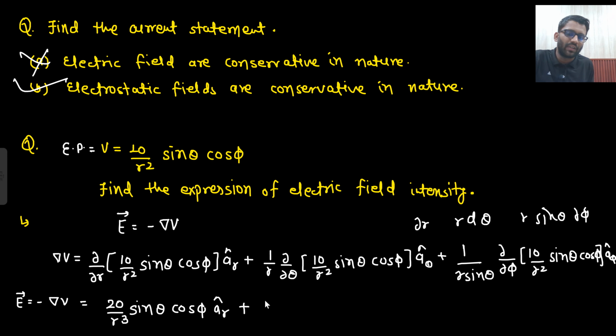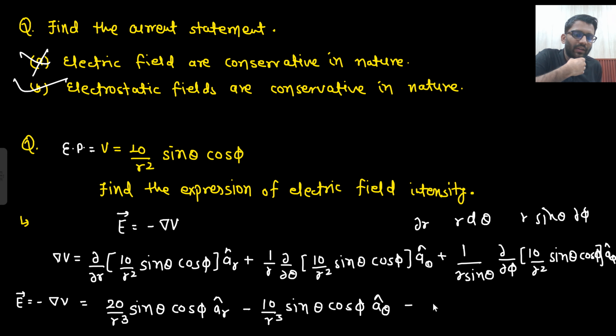So tan by r square will come common, and differentiation of sin theta will be cos theta. So you will get negative sign here, because it is all positive. So minus tan by r cube cos theta cos phi a_theta cap,